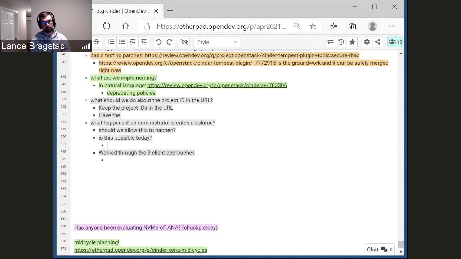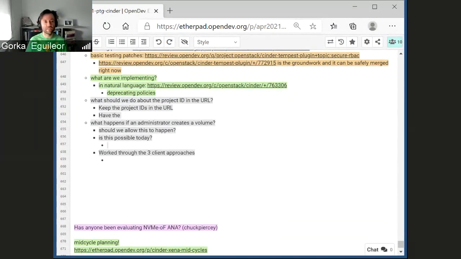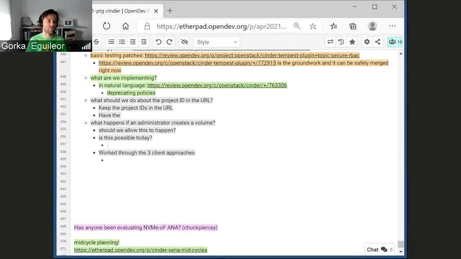Right. But then to address Gorka's point, all I said was that they don't have to be UUIDs, but they can be. So this would be fine. Thank you. That's what I was going to say. So you're not going to want to have a UUID, but I think most deployments are using UUIDs.